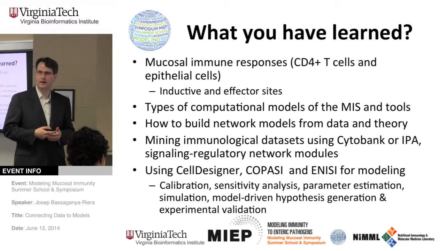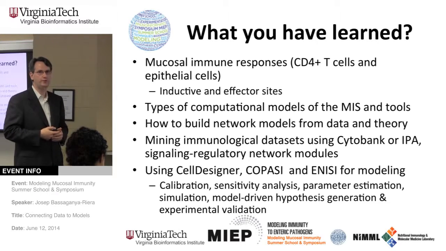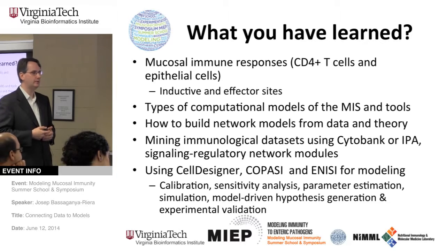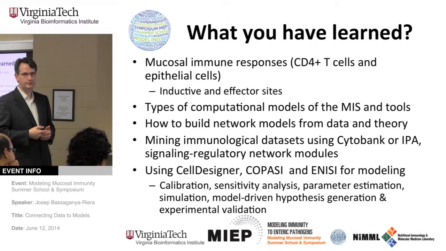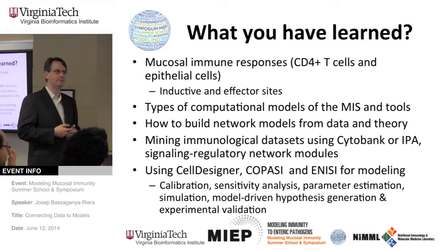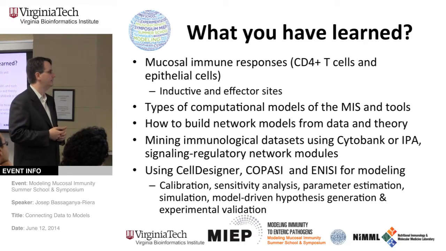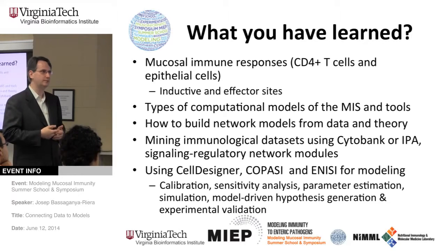highlighted the architecture of the mucosal immune system. And as I was showing in my earlier slide, the inductive and the effector sides. If you think about the model that Adri presented of H. pylori infection, there were several compartments, and I'll show that picture again. There was the lumen, the epithelium, the lamina propria, and the gastric lymph node. So the gastric lymph nodes in that context would be an inductive site. The lamina propria would be an effector site.